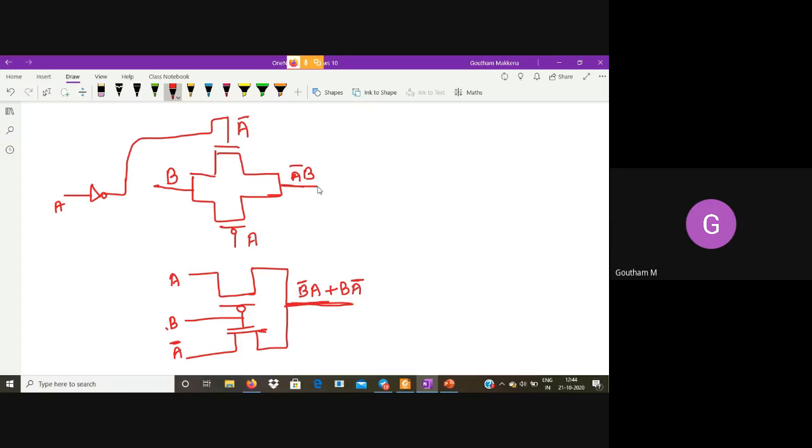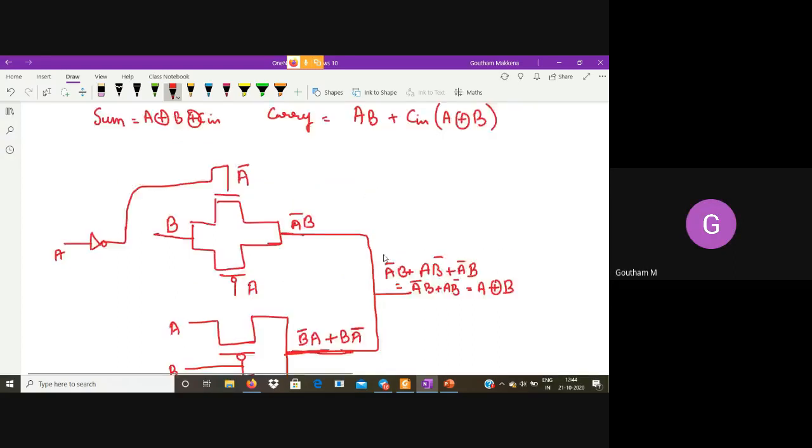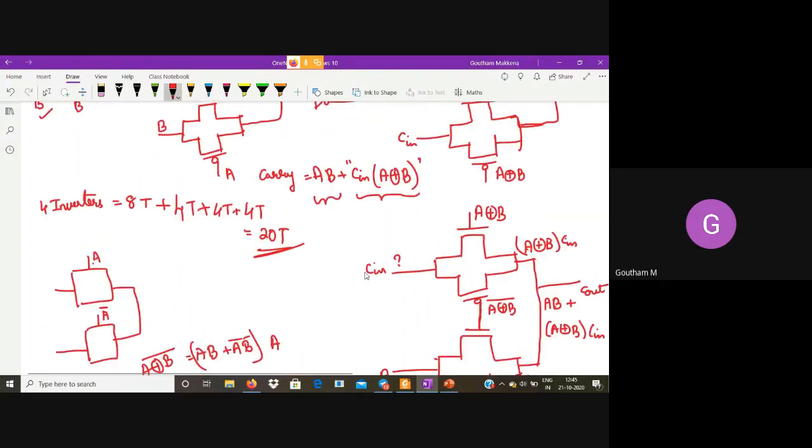Now I'll OR these two. So what do we have here? A bar B plus AB bar plus A bar B, which is nothing but A bar B plus AB bar, which is nothing but A XOR B. Do you agree with me? Yes. So I am following the same thing.